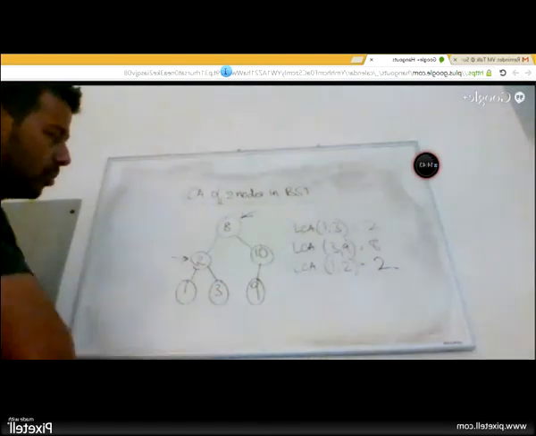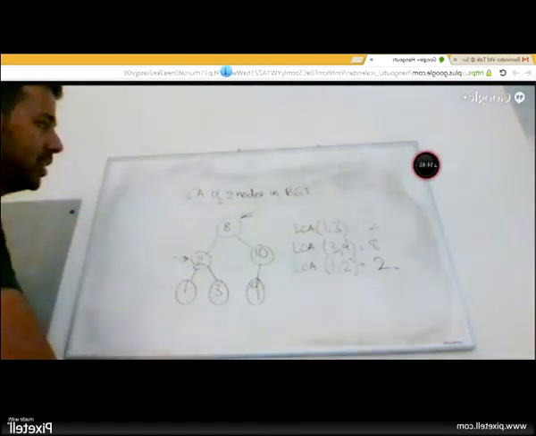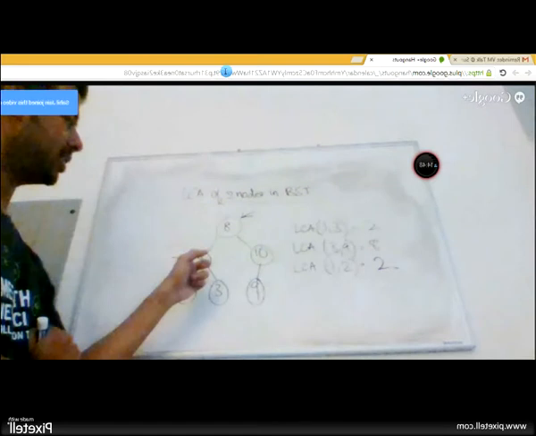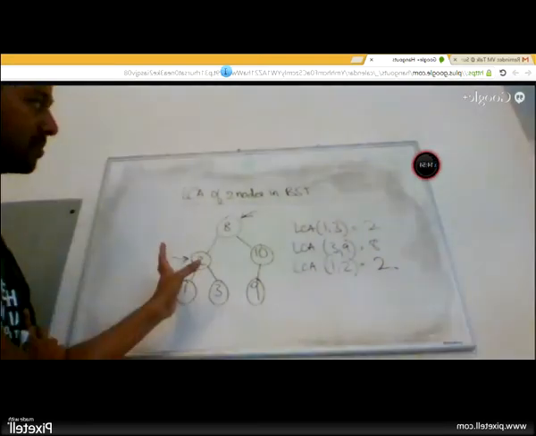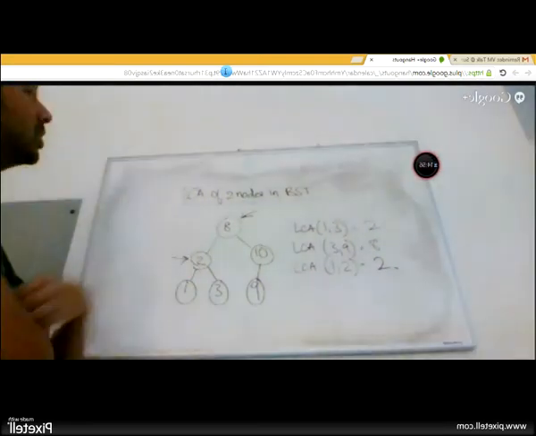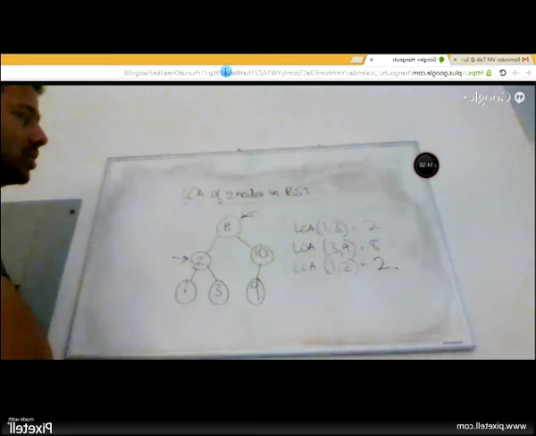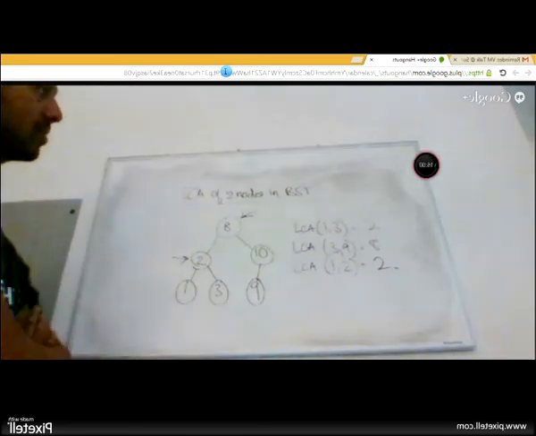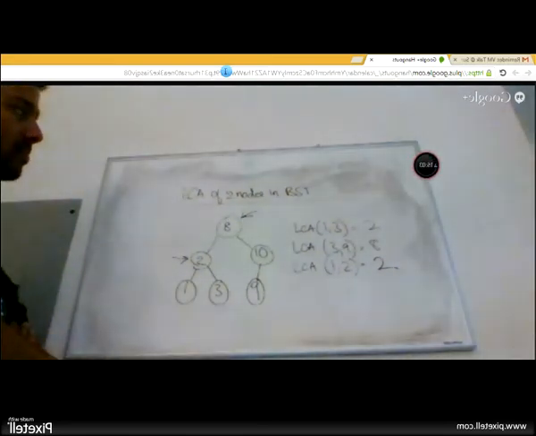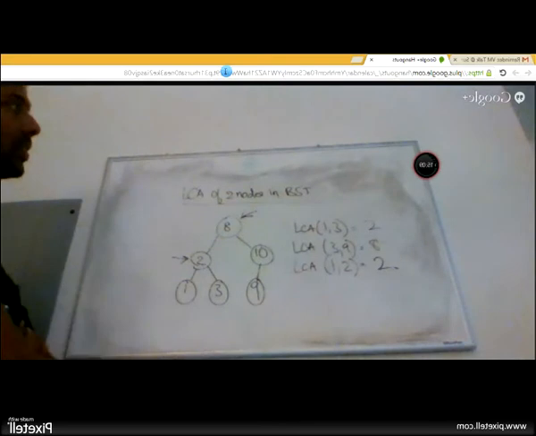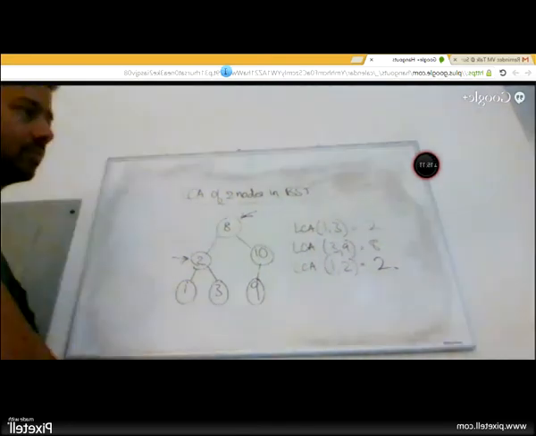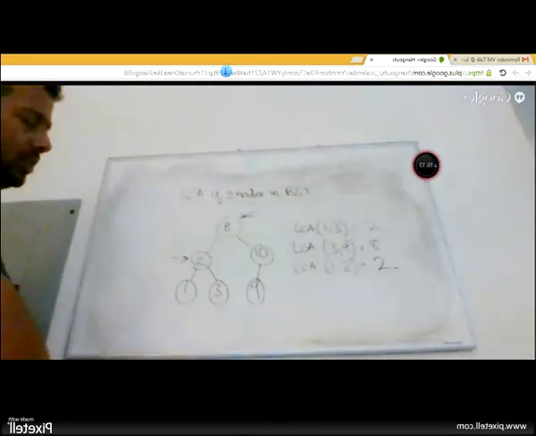Why do I need to traverse down more? Don't I already have my answer here? We said that the LCA of 1 and 3 is 2, and I'm at that node. You are constructing the tree, right? I'm not constructing a tree. I have a tree. The question is to find the lowest common ancestor of 2 nodes. This tree is already given to me. Okay, then there is no need to traverse. You can just compare it. I'm at 2 and I compare, and that will be the updated value.